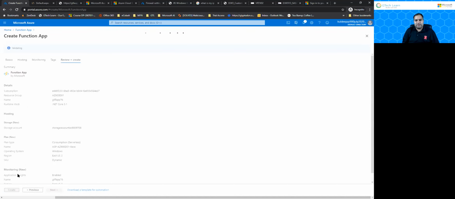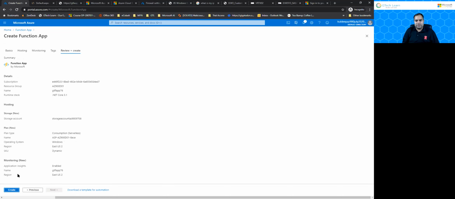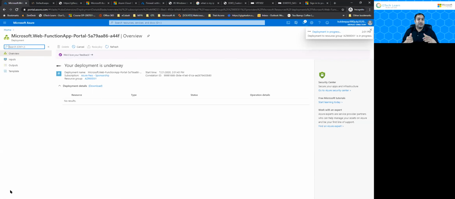And let me get this one created. I'm submitting this for deployment. Let me click on create. I just created an Azure function app, which will have multiple functions based on the triggers, whether it's an Azure